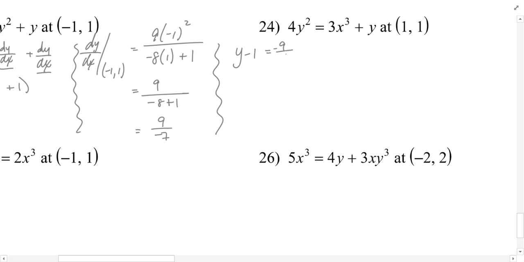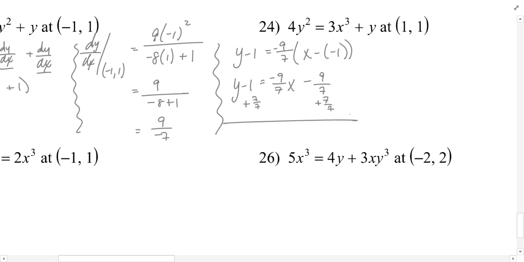But just to finish this out, let's see what happens if we find the equation of this tangent line. So setting up the point slope formula and then simplifying might look something like this. Negative 9/7 x. Now this becomes a positive 1, and negative 9/7 times positive 1 is still negative 9/7. On both sides I'm going to add 7/7. That way I've got a common denominator, and I'm still adding 1 to both sides. We would end up with y equals negative 9/7 x minus 2/7,